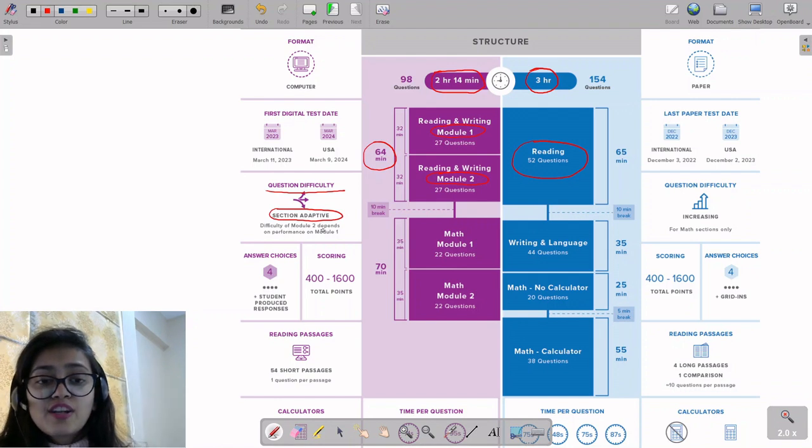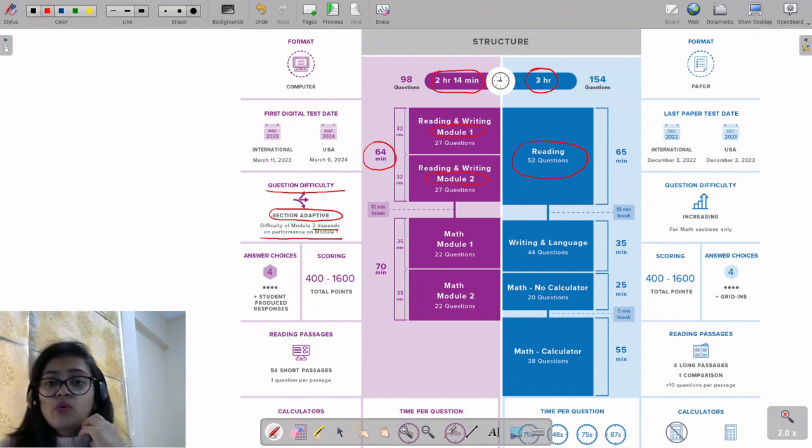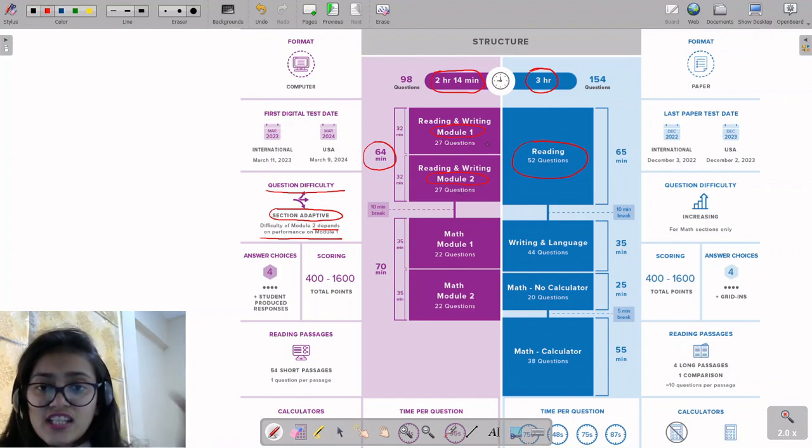This means that the difficulty of Module 2 depends on the performance on Module 1. So the test will start with easy to medium questions. And if you give the answers correctly, then in Module 2 you will get the harder questions. But if you answer the questions incorrectly in Module 1, then you might get easy questions on Module 2. So this is the change